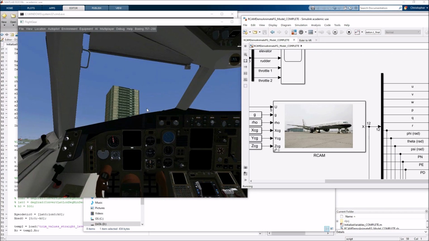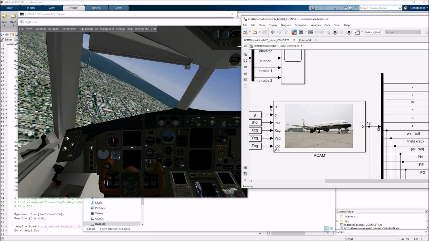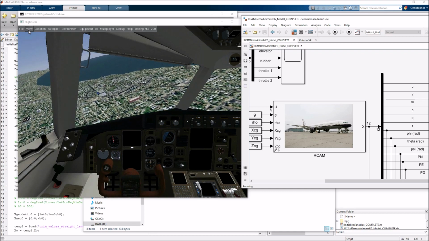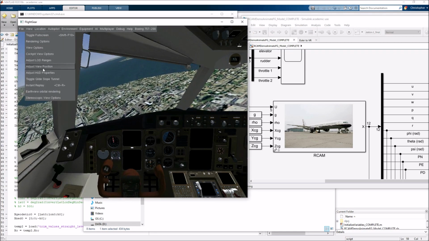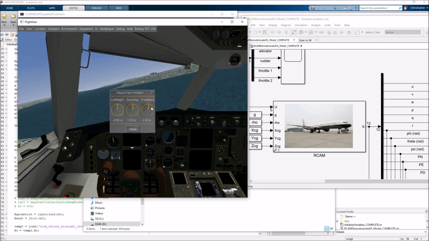Now, let me see if I can fly above ground so we can see this a little bit more easily. There we go. Here we are. Now everything is ready to go with Simulink. So this is a great way to now go ahead and use different aircraft models with our Simulink